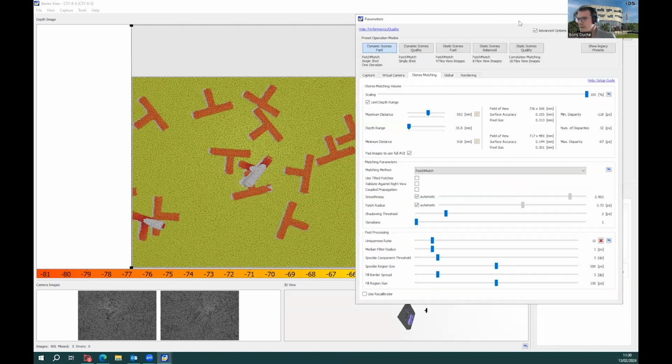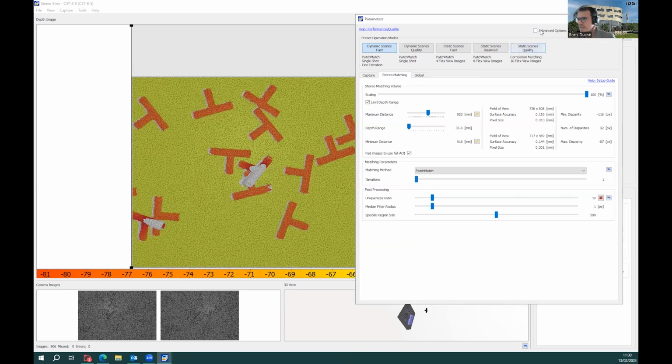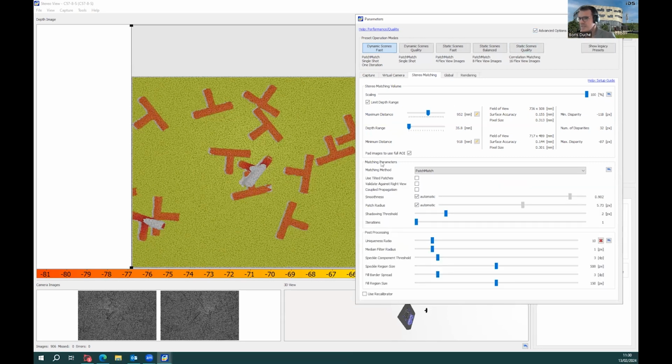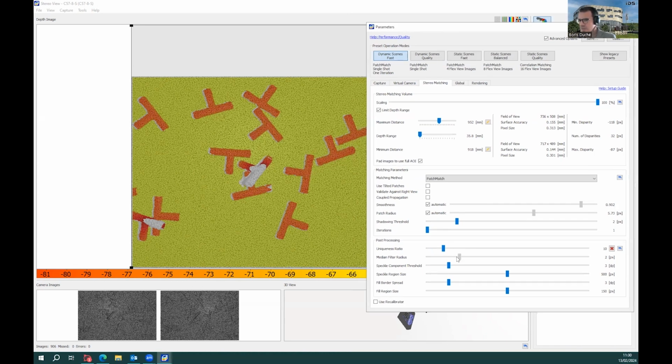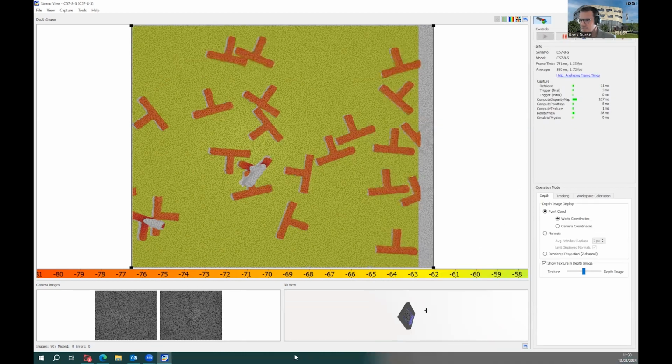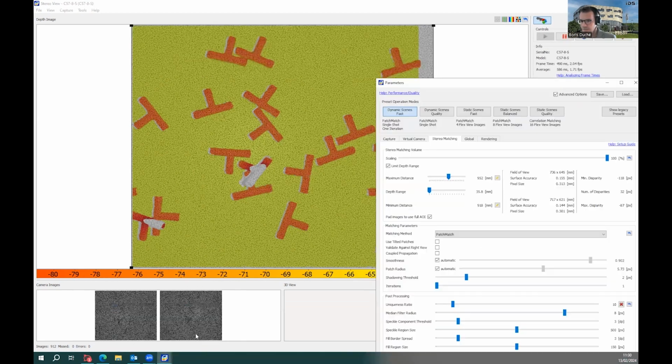You might also be interested in the post-processing parameters that you can see when you hit the advanced options. You can just have a look at the depth map on the left, play a little bit with the post-processing algorithm, and you have quite obvious visual feedback, a visual understanding of what the parameter is about.